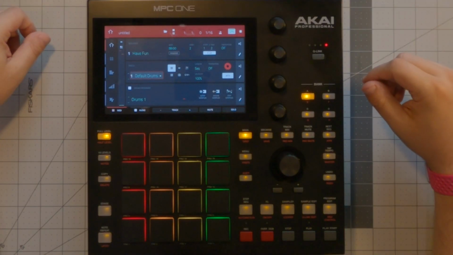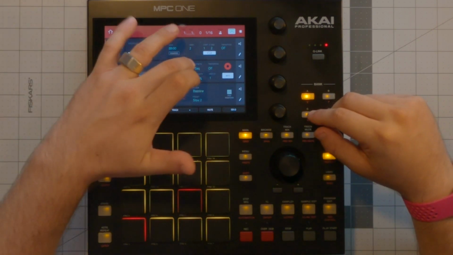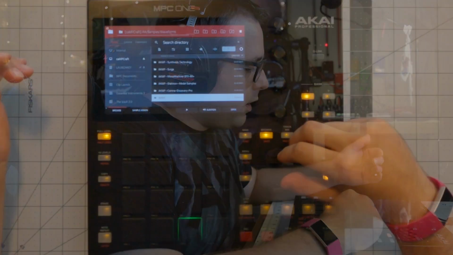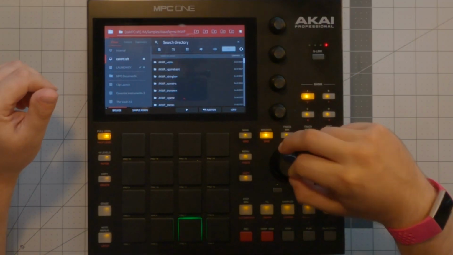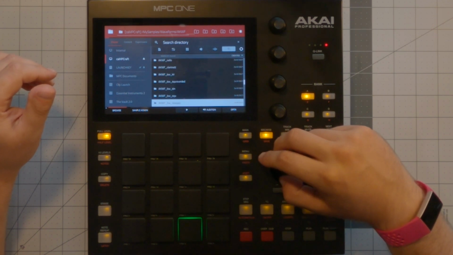Now that you've got your new program loaded up, what you're gonna do is open up an unused track. You're gonna go to your key group, right? That's the one that looks like it's got piano keys on it. And then we're gonna browse through that folder where we downloaded all of our waveforms. Let's just go to this AKWF folder and we're gonna look through these and see something that might interest us,